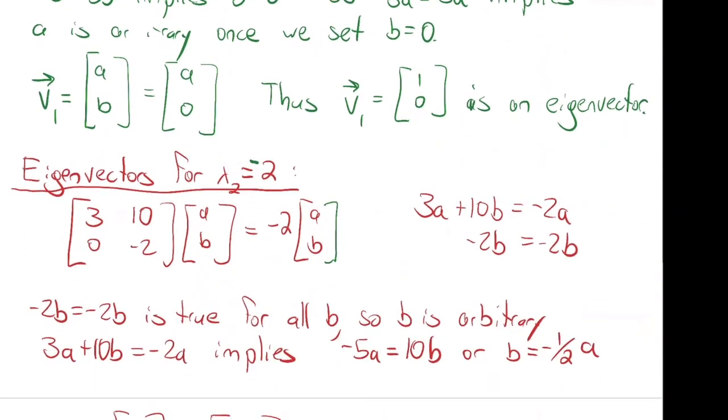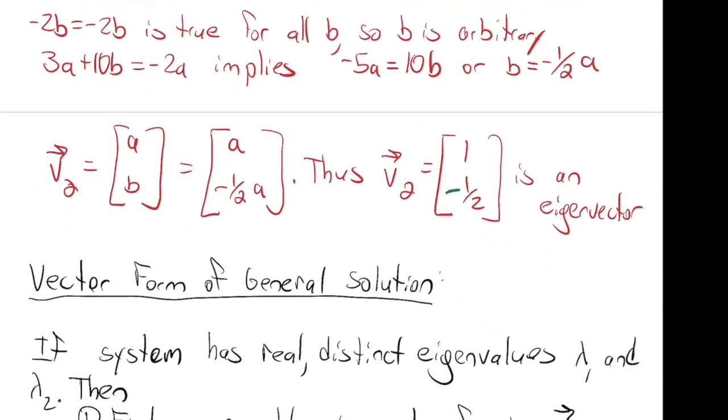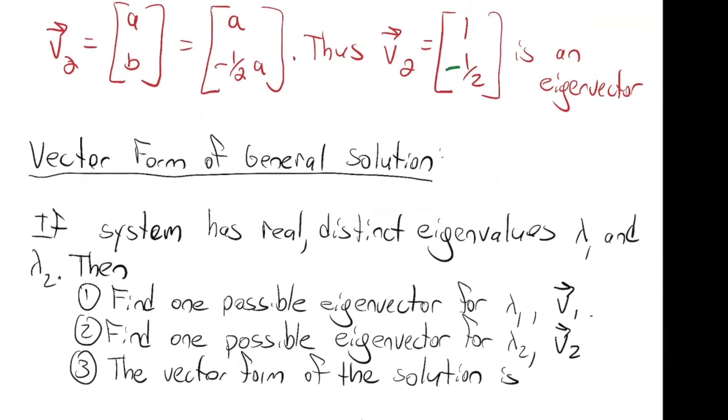So the short story is, the left side of the equation is the same because that comes from the matrix, and then what's happening on the right side is we're plopping the eigenvalue in front of A and B. We get a system of two equations, we solve for A and B, that tells us the relationship between the coordinates, and then we just pick our favorite one. Okay. And so if we're trying to use this now to come up with a vector form of the general solution,